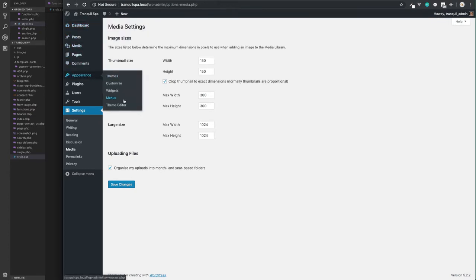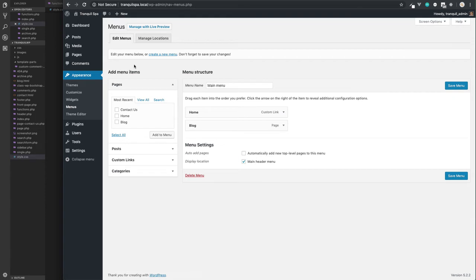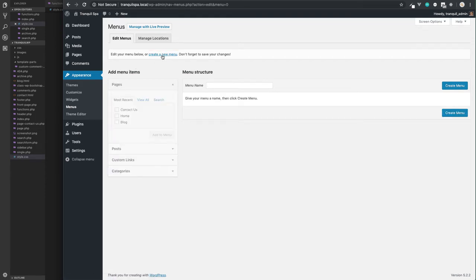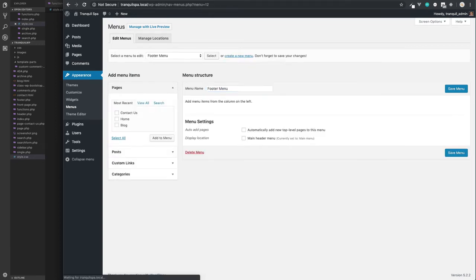Inside here, we have the Menus option where we can create a new menu. I'm going to create this from the Create a New Menu link and give this menu a name of Footer Menu and then hit Enter. This is an alternative approach to building a menu. Early on, we created the primary header menu using the customizer. This footer menu has 3 different links, one for the blog, the Contact Us page, and a page we don't have yet called the privacy policy. Remember, this was a page we never